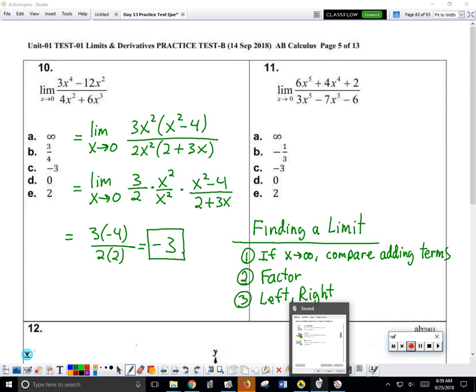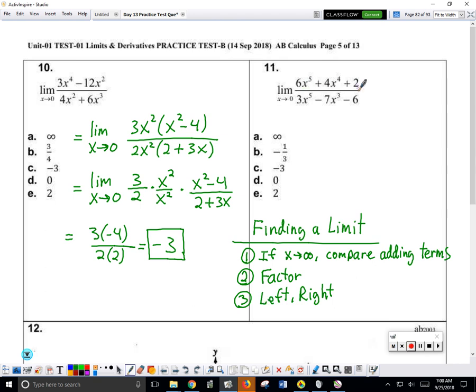Okay, so you did the right thing, Melissa. You said, hey, it's not x approaching infinity, so I'm not going to compare terms that add. I'm going to factor. You noticed that you could factor 2 from the numerator. Didn't look like anything could factor from the denominator. That's fine. So then what you're left to do is just do the left and right limit, which means we just have to think about, I shouldn't stand there and block Maria all the time. What we have to think about